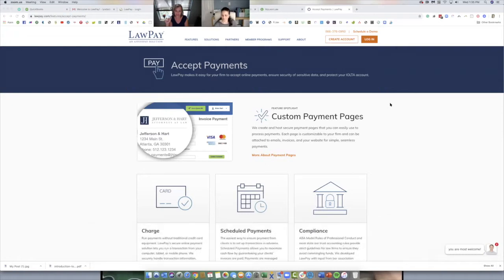The really best part about LawPay is that if you work in trust accounting, as you know, if I charge you $3,000 and you pay me with a credit card for $3,000, that $3,000 has to hit my IOLTA or trust account. It can't be $3,000 minus the bank fee. So this is where LawPay is king of the hill here, because most services like Intuit Merchant Services will pull out and give you the net, and they'll take the merchant fee out, which is a big no-no. So LawPay will cover that and take the fee out of the operating account and actually make the deposit to the IOLTA, which is why I recommend LawPay for anybody doing trust accounting.